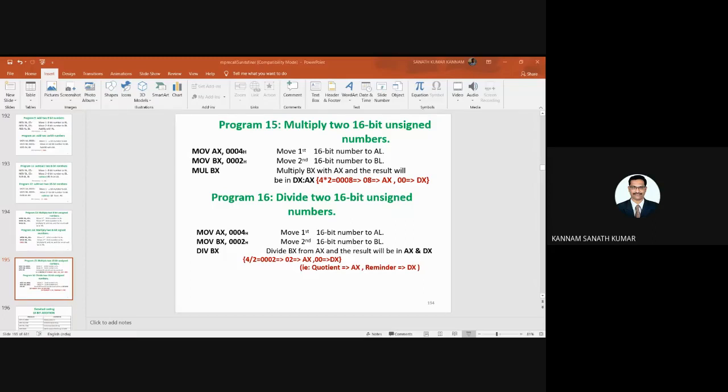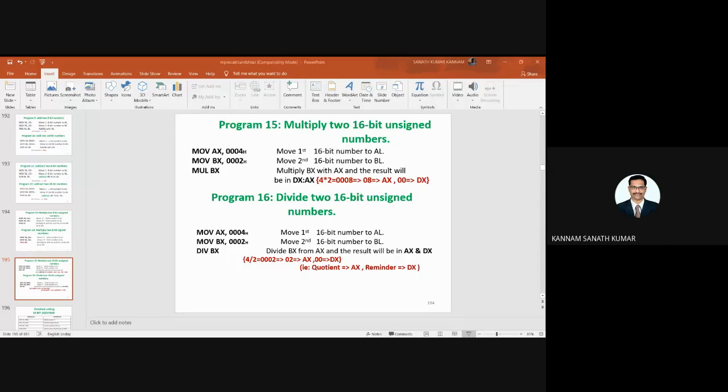When you are multiplying two 16-bit numbers, the result can be 32-bit. So that result will be stored in DX AX. That means the lower 16 bits will be stored in AX, and the higher 16 bits will be stored in DX. So here 4 into 2 is 0008. 0008 will be stored in AX, and 0000 will be stored in DX.